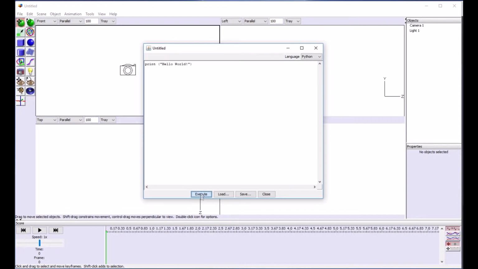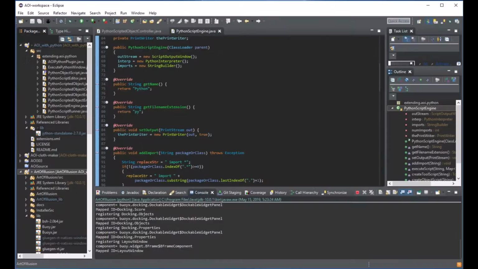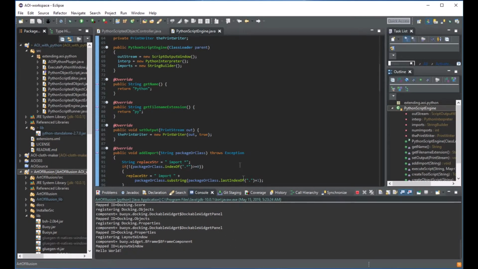Execute, and you won't see anything just yet. We go back to Eclipse and look at the console, and down here at the bottom we have hello world. So now we know that our Python script is working,